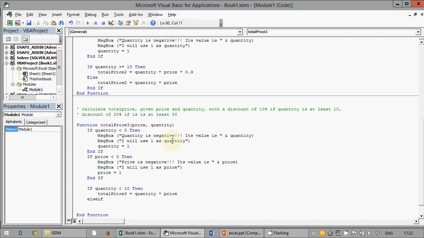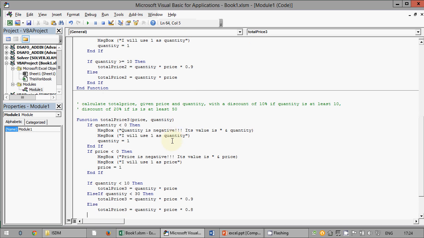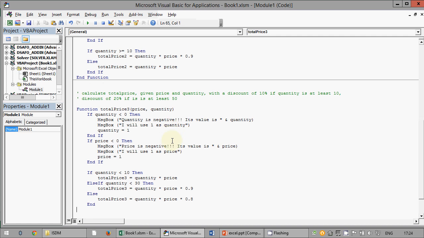Else if quantity smaller 30, total price 3, else total price 3, done.